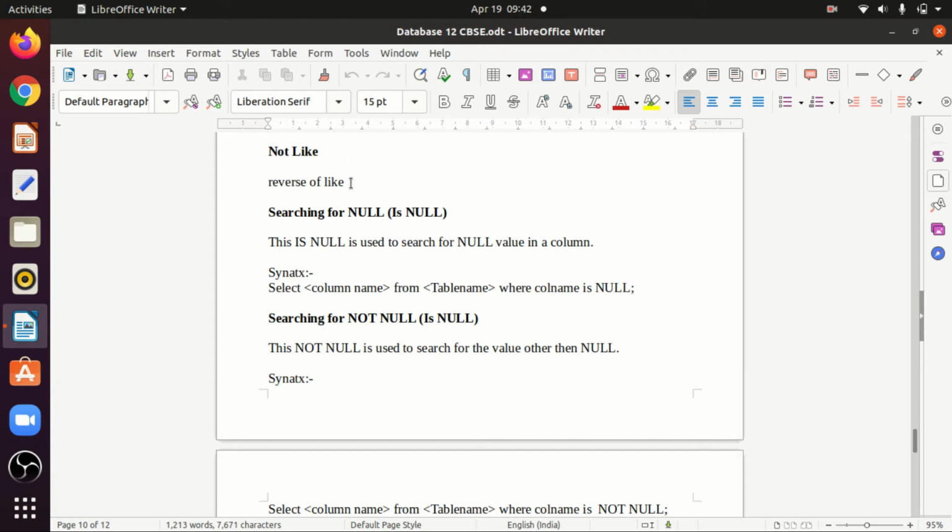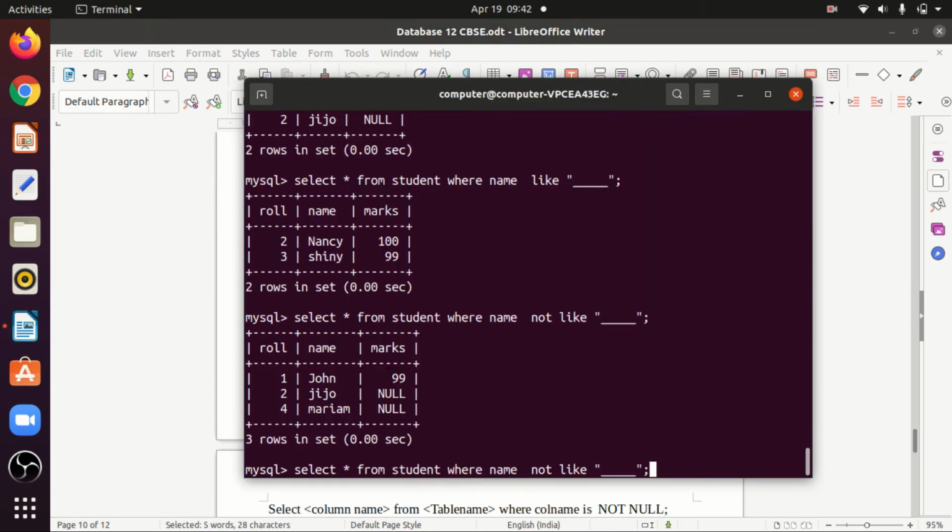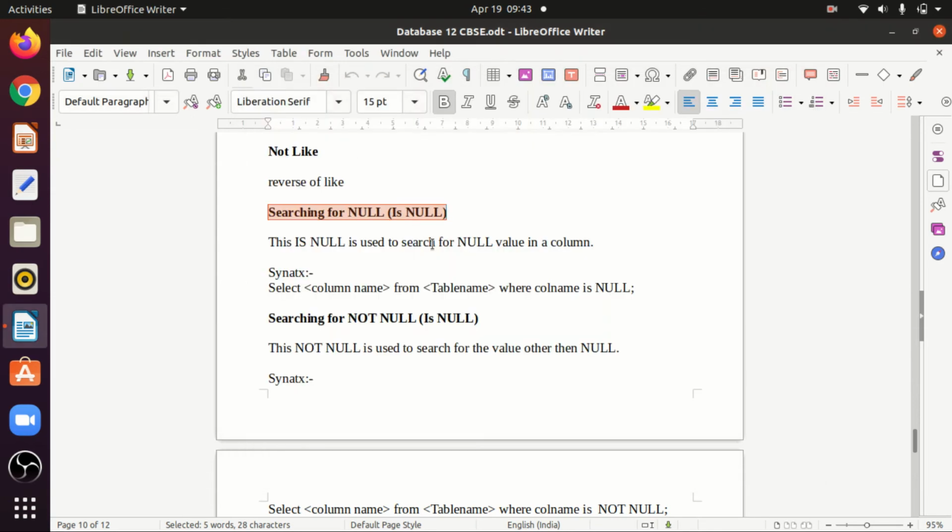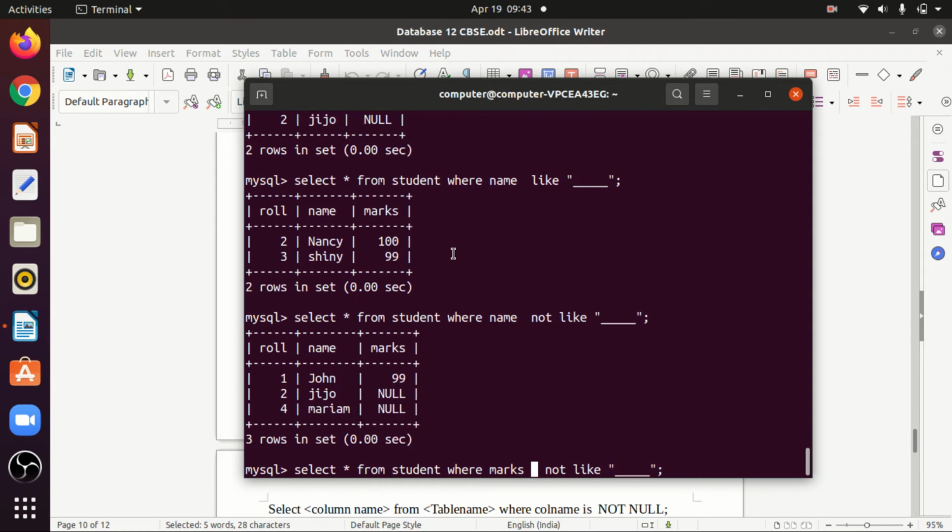You can also use a query to search for null values. So you can find the details where marks is null.